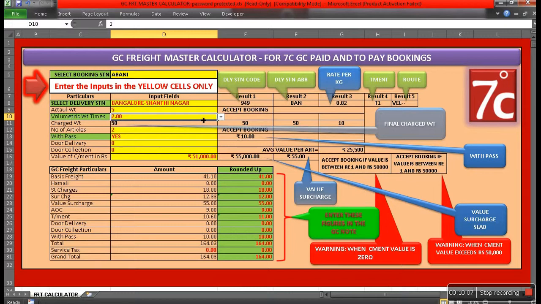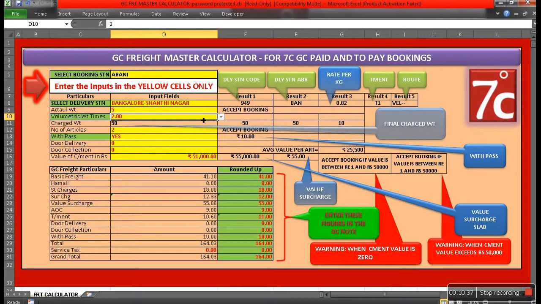Next is, suppose the 5 kgs weight that has been given to you, it could actually be on weight basis, or it could be a consignment that is occupying a lot of space, which means it is bulky. Normally for bulky consignments, we take the dimensions, that is the length, breadth, height,